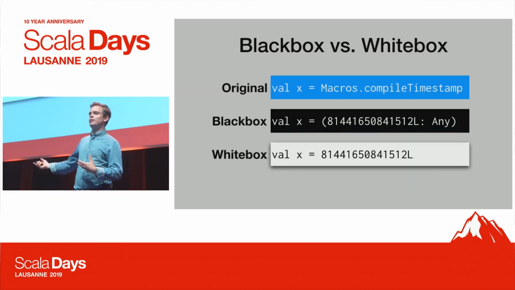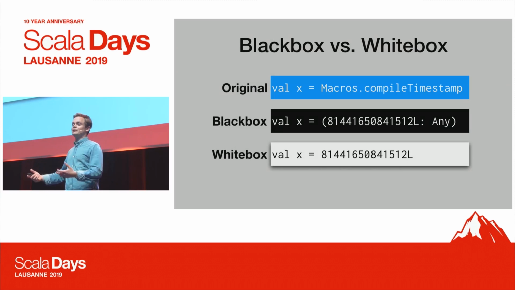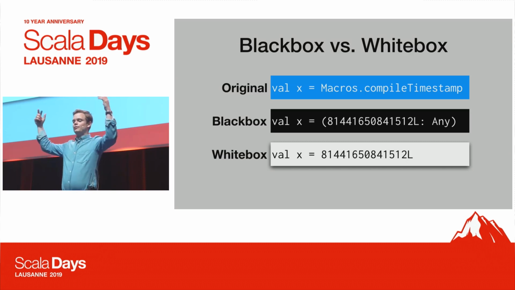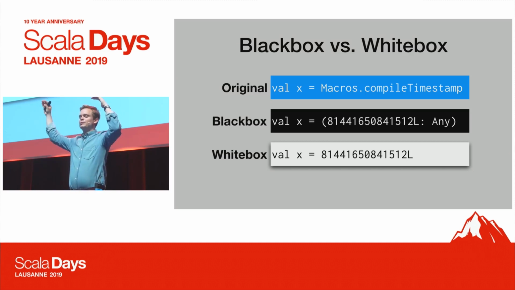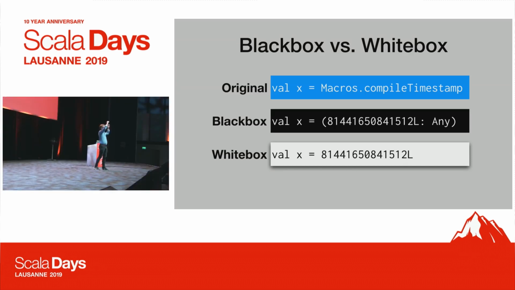There's another flavor of macros that are called whitebox, and there's no way we could disable them without producing incorrect results. And I'm just going to briefly explain why. If you have the original code, which would be something like macros.timestamp, if it was a black box macro, it gets expanded into that tree, but because the method has an Any type ascription, the expansion engine will ascribe that expression to Any. So it doesn't leak that it was a Long. But a whitebox macro will not do that type ascription, meaning that x will have the type Long, meaning that the type of x will influence the completions in the rest of the source file.